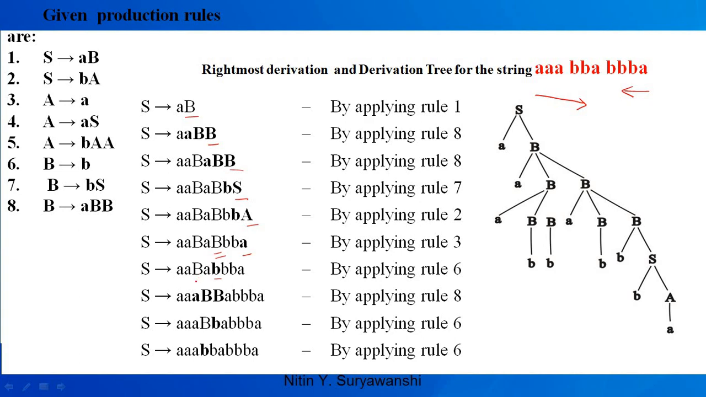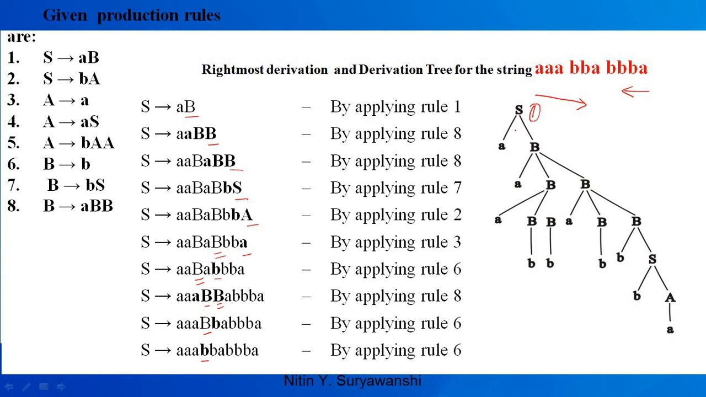Then we want to expand this one because I want the third alphabet to be a, so there is rule number 8 only. So apply rule number 8 here, I get this one. Then replace this one by b, then again this one by b by using rule number 6. So these are the rightmost derivation, and similarly we have to write down the rule numbers for the